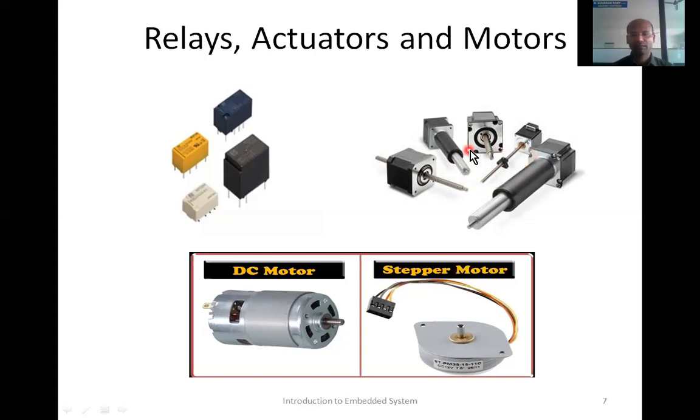Whenever we need a linear motion or circular motion, we can use these actuators. Linear motion generally. And DC motors and stepper motors. Stepper motors are used where precise position is needed.